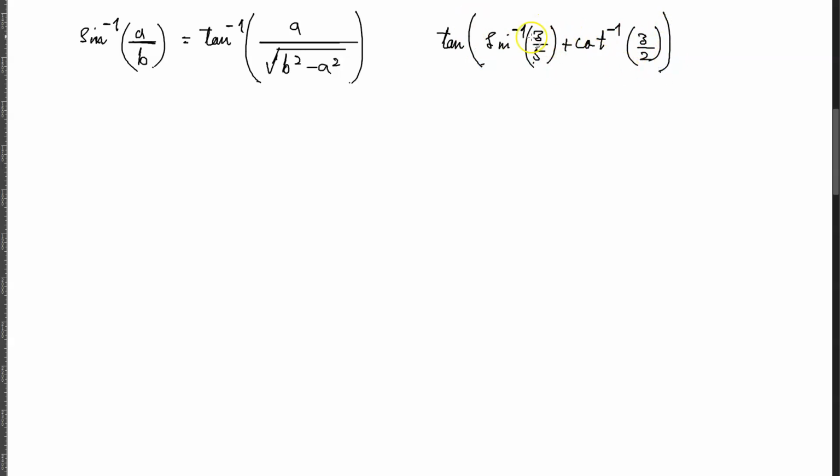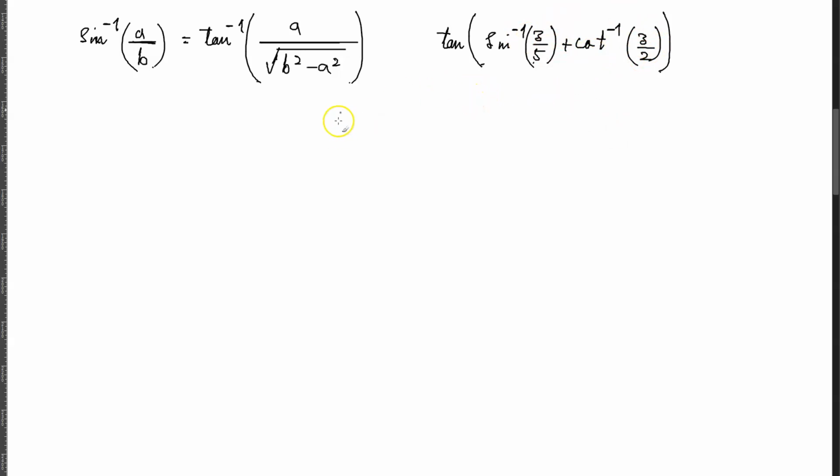So you want to find the tan of this angle, and using this formula, you can write this part as the tan inverse of something. And then if you write this part also as the tan inverse of something, then you can use the formula,